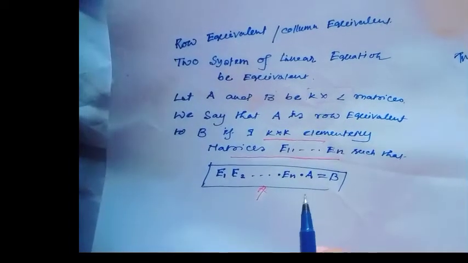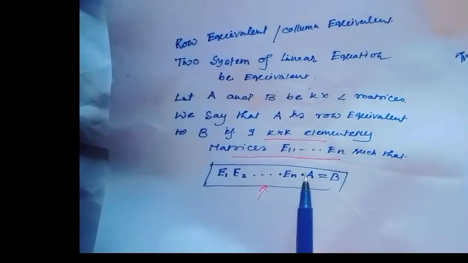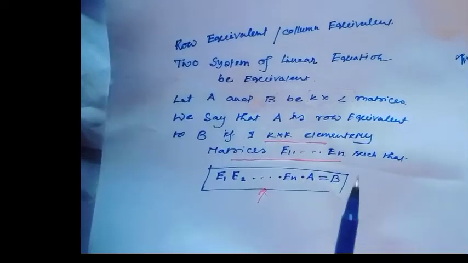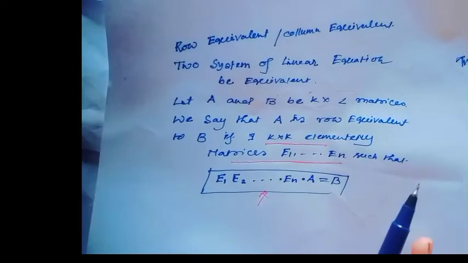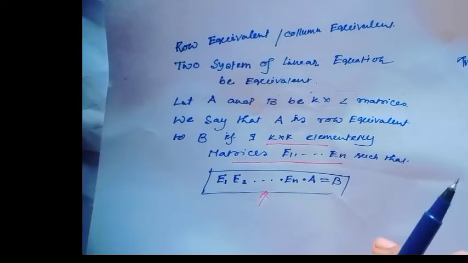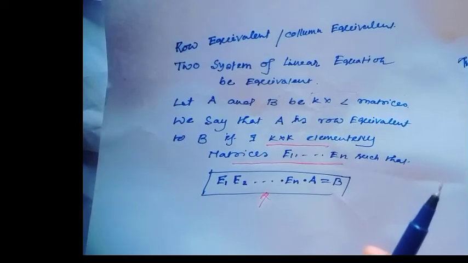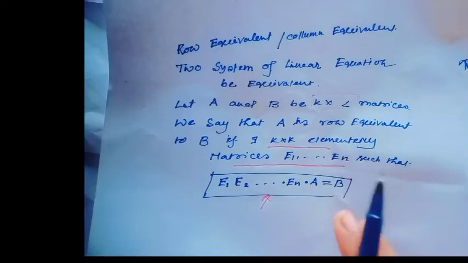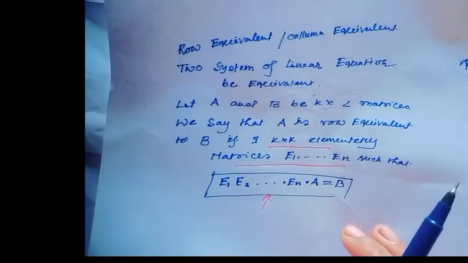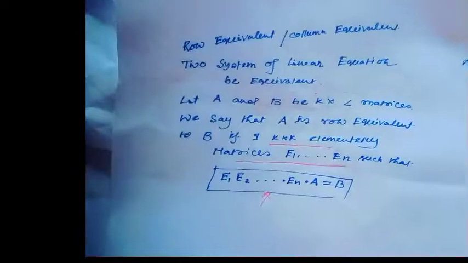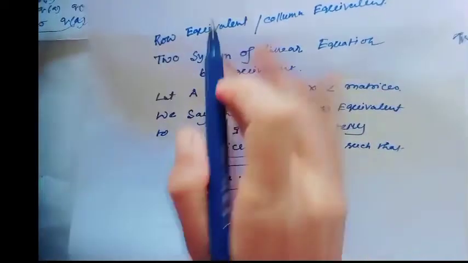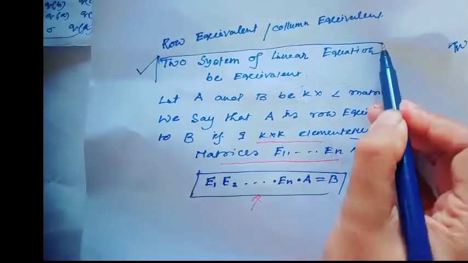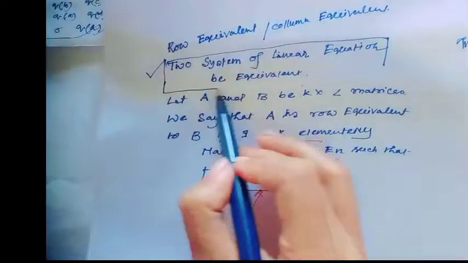If you know the geometry, what the elementary operation is, why we use this operation here, and why I have said these two matrices are row equivalent or column equivalent, then you will better understand the properties of row equivalent and column equivalent matrices. Actually, today's goal is, at first, to say when two linear systems of equations are equivalent,